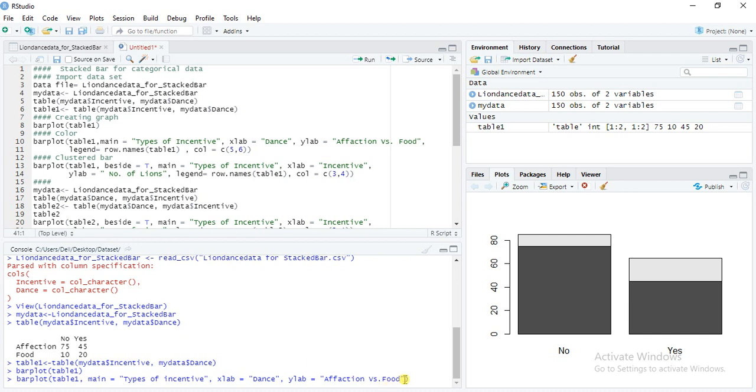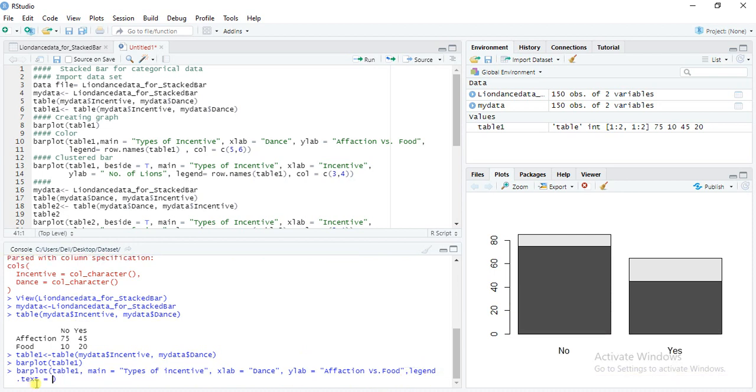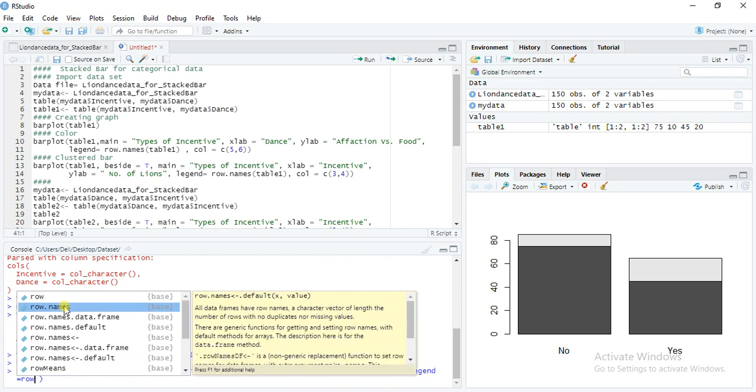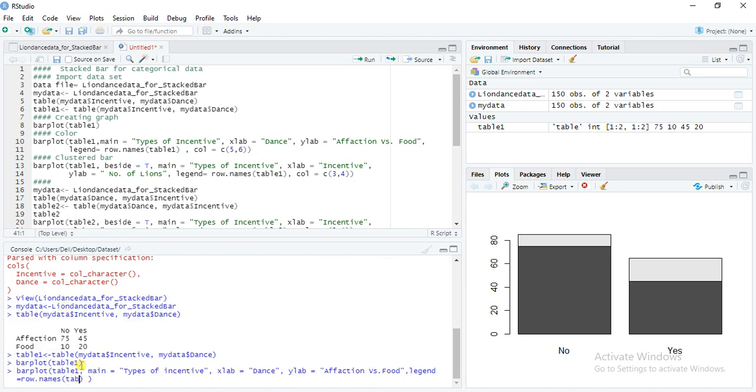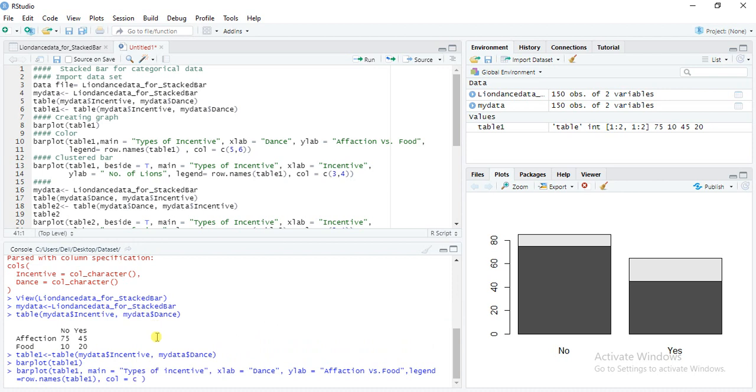comma, legend equal to row names within bracket table 1, and then we want to give the color also, so we will write here col equal to c 5 6.